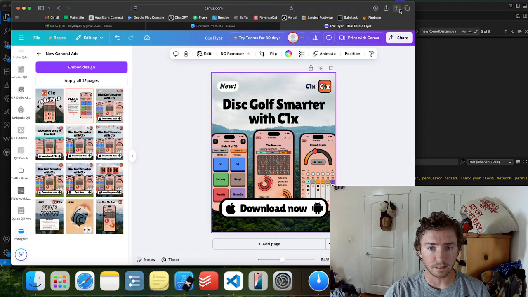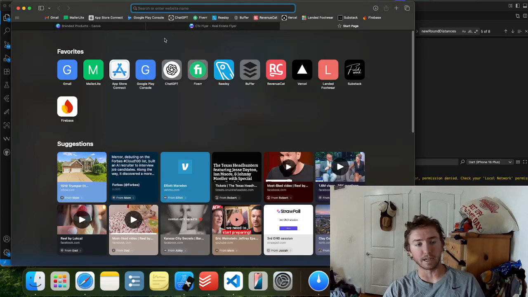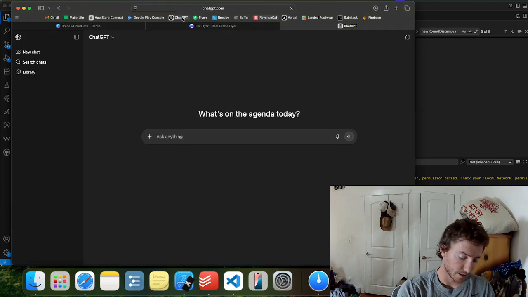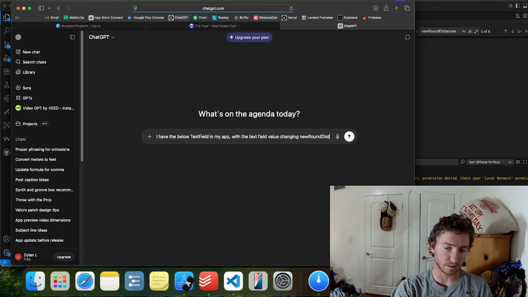This feels like a good ChatGPT moment. This is thinking about using this as a flyer as well for C1x. I've got a course in a disc golf shop that I'm going to throw a flyer up at for launch. But have the below text field in my app with the text field value changing new round distances.